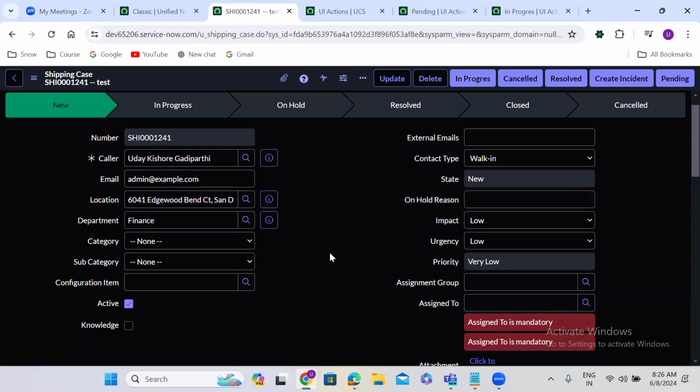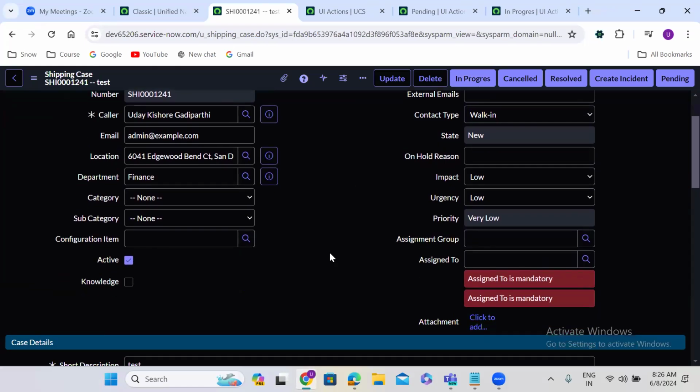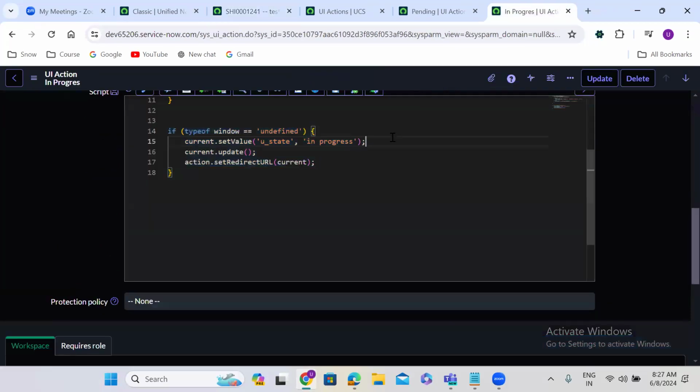What is it telling? The assigned to is mandatory. Two times it is showing, right? Then what we have to do? Here we have to